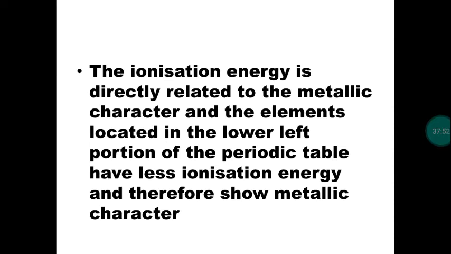Group number 1 and 2 have more electropositivity. They lose electrons easily due to low ionization energy. Since they are electropositive in nature, they are metallic elements. Group number 13 to 17, mostly p block elements, will have the tendency of accepting electrons. So they are highly electronegative in nature. So they are non-metallic elements.